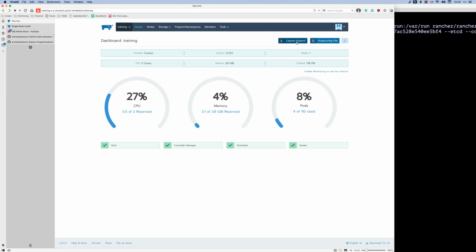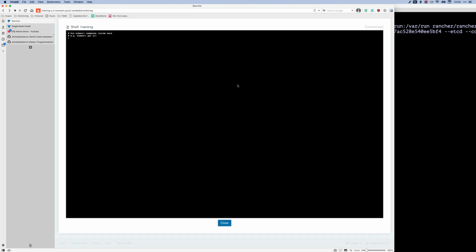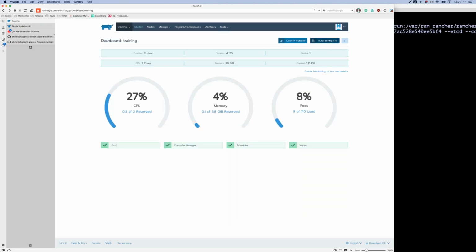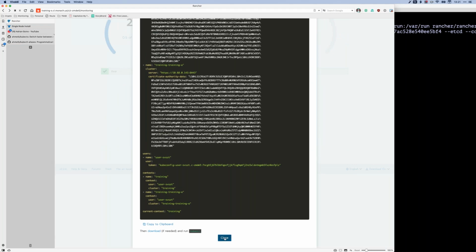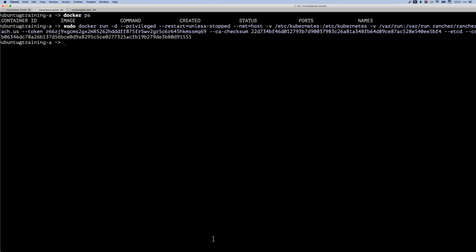At this top level, we have the kubectl dashboard, which I know is really tiny font. I apologize for that. This allows you to do one-off kubectl commands, or you can grab the actual kubeconfig file for this particular cluster, and you can take that